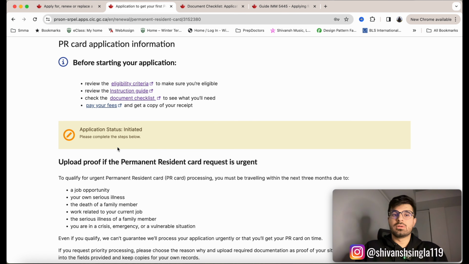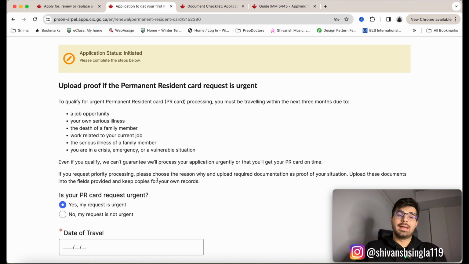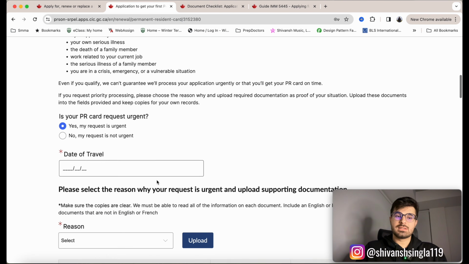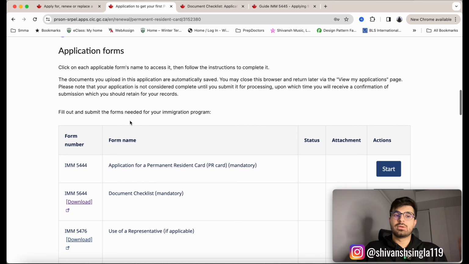So if you scroll down on this portal over here, you'll see that there's a section for uploading proof if the permanent resident card request is urgent. Once again, if you do have an urgent situation, if it's an emergency or something, then you can submit an urgent request, and then you need to provide some additional details such as the reason and all. But in this case, we're not going to go through that, and we'll just go to the next section,